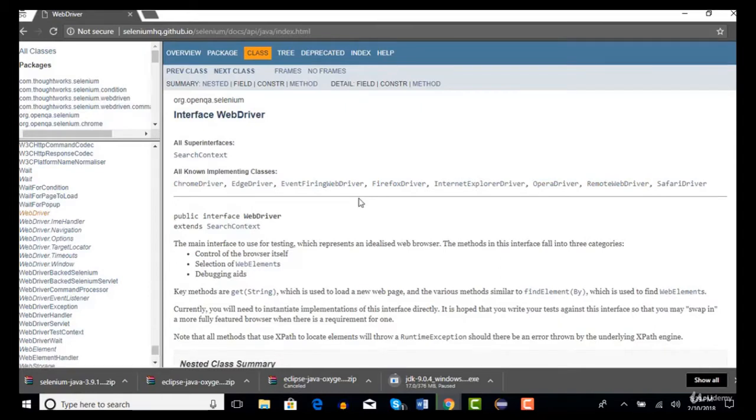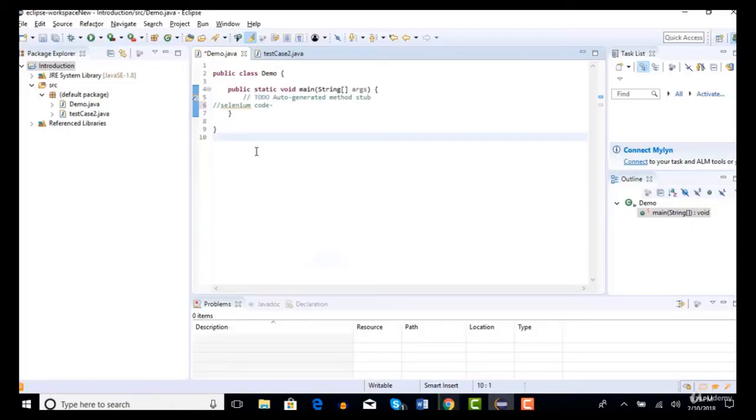If you carefully read all these classes, they sound more like browsers, right? True. So Chrome driver is a class you will use if you want to automate your test case on Chrome browser. Firefox driver is a class you will use if you want to execute your test case on Firefox browser. Like that. The first step in Selenium is to create a driver object. You have to do it as step 1 before you write any code or automate any UI. First you have to create a driver object.